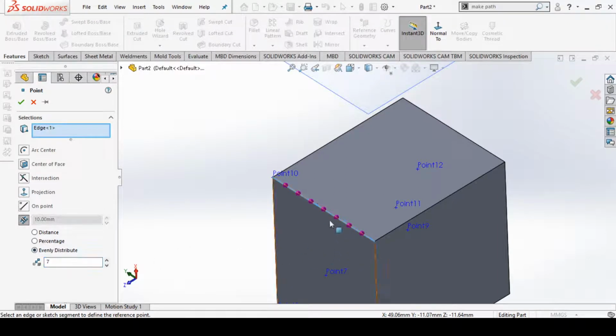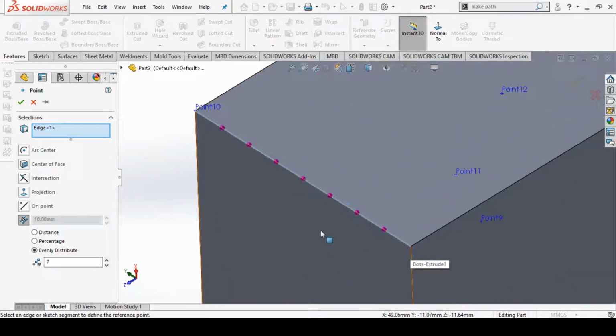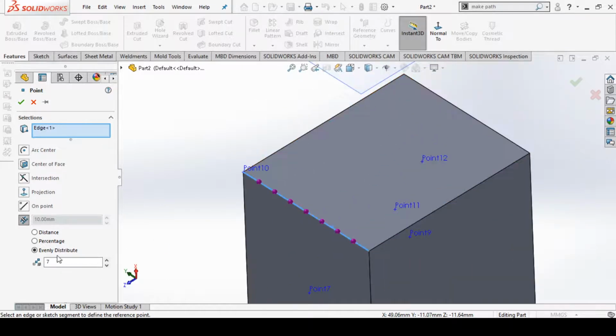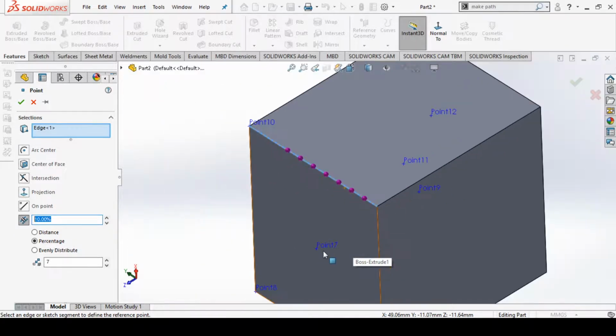You can also evenly distribute these points, and you can also specify the distances. When you say evenly distribute, it means that all these points are at equal distances with respect to each other. When you select percentage, this line is divided into 7 points, with each block having 10% of its total distance.